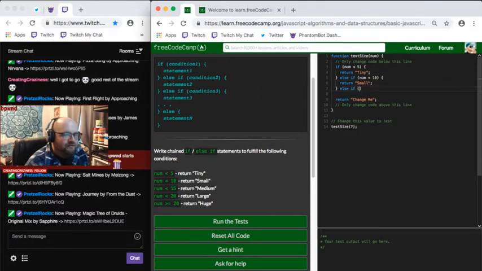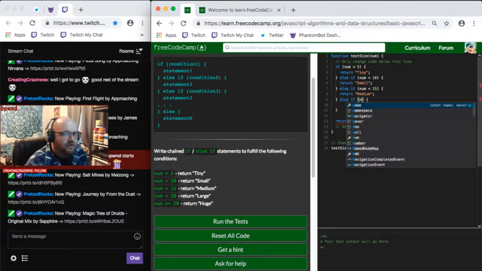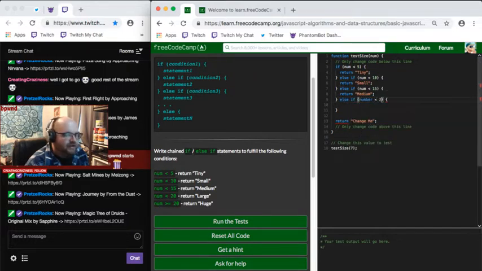Then another else if the number is less than 15, we're going to return medium. And else if the number is less than 20, we'll return large. And finally, we have